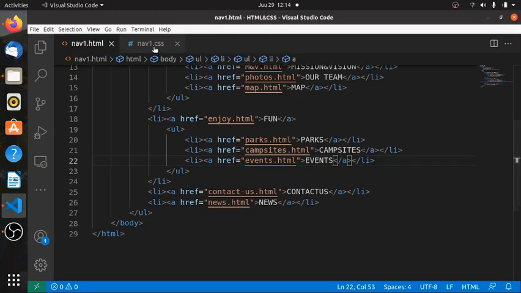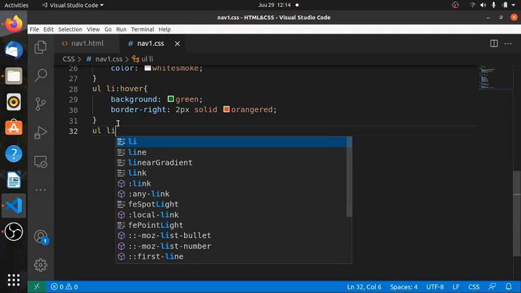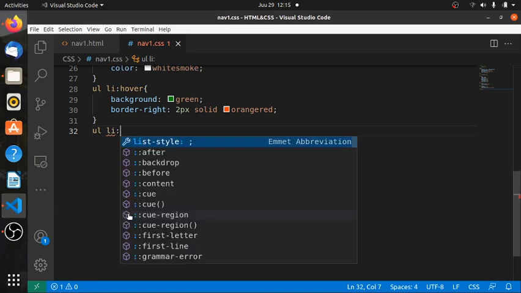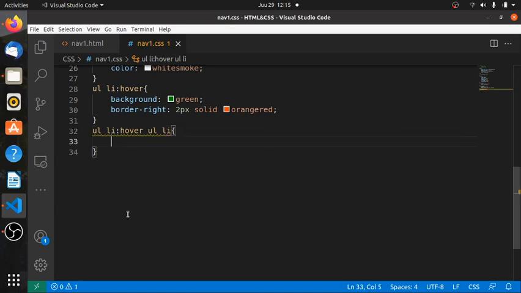So let's head over to our CSS. Now we can first and foremost say that UL, LI, those are the main links. Let me show you where they are. This is what we are talking about, UL, LI. Okay. And we are saying that when you hover over here, okay, then UL, LI should be, sorry, I'm jumping something here. Saying UL, LI,